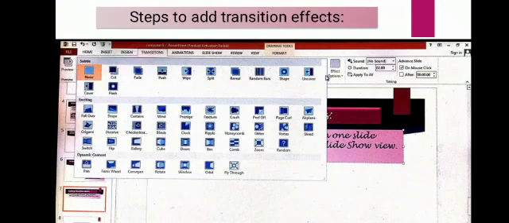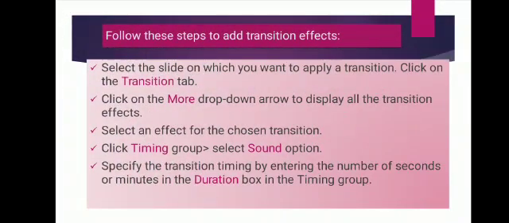Now last, click on the apply to all button. At last it is given, apply to all. You have to click it and then all the slides of your presentation will have the same kind of transition effect. Now to show this effect, open the slideshow tab and click on the from beginning button. Then the slides will display from the beginning along with all the applied transition effects. Clear? I hope it is clear about the animation effect and transition effect. These are the steps to follow to add the transition effects in your slide.